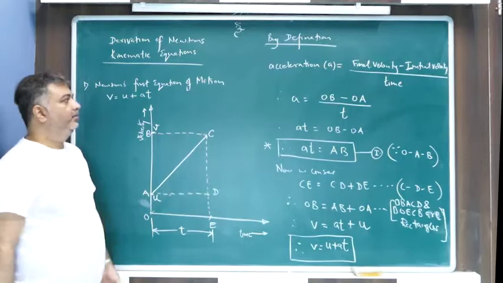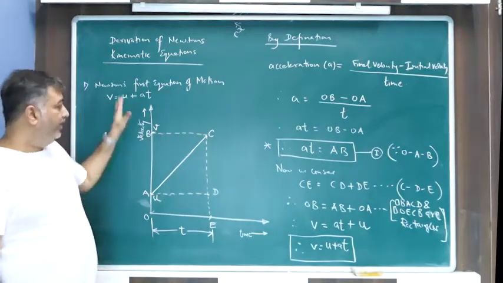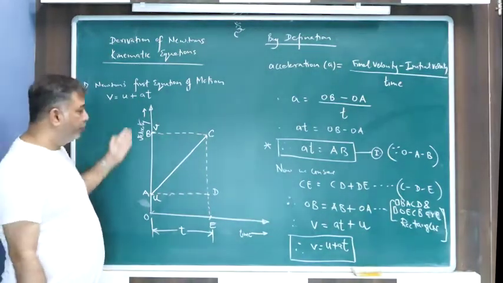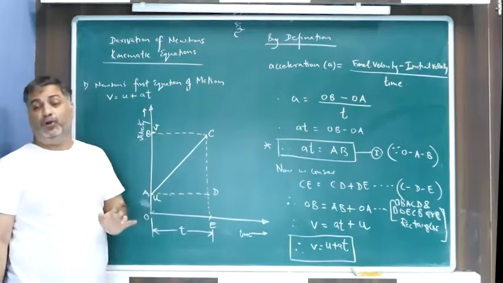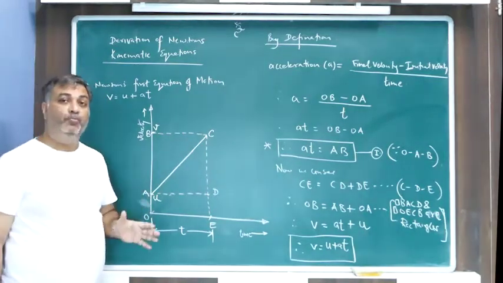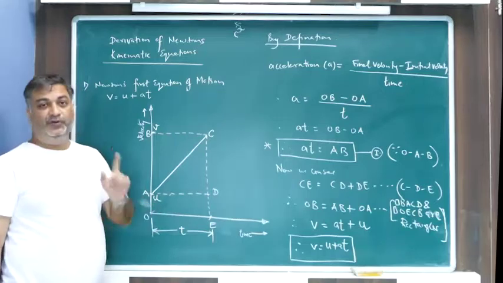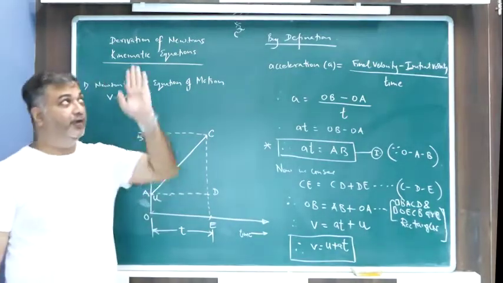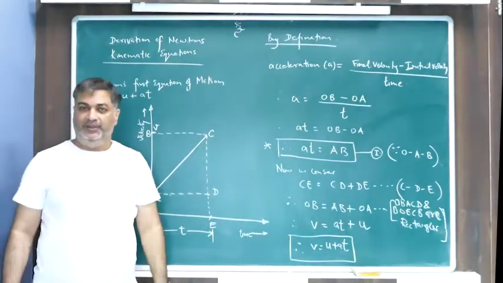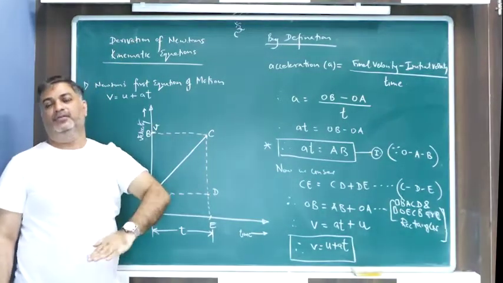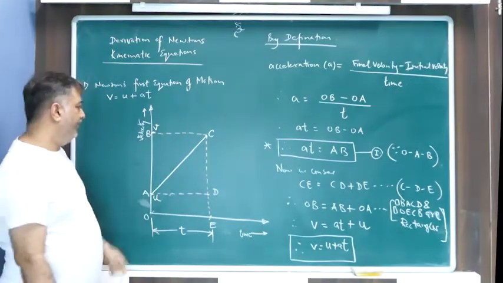Okay? Alright? So how did I begin to prove the first equation? First I drew the graph. Understanding the graph is very important. What are the things that you want to mark? When you draw the graph, first of all it has to be a velocity time graph. So you have to write velocity on the y-axis, time on the x-axis. Then next what you will do?